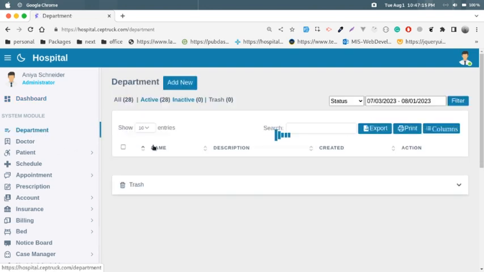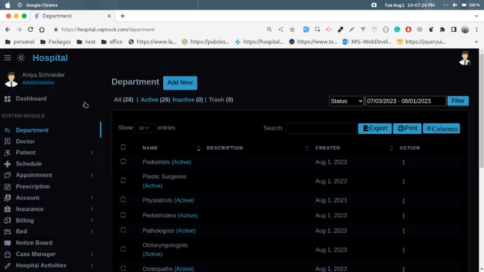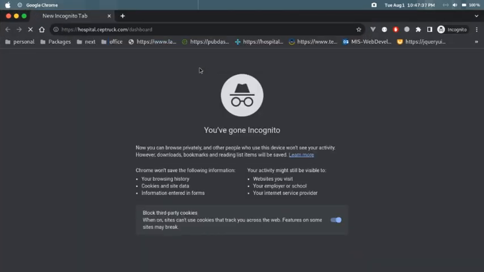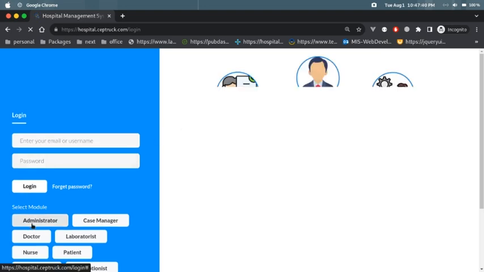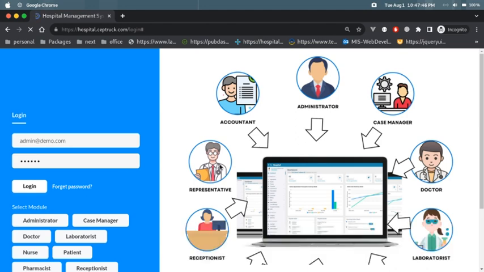This is the department section. We are seeing the department section from here, and one more thing, we have a dark mode for this system. Look at that, this is dark mode, and this is the dashboard section like that. I am logging in with incognito mode and visiting to get the CSS design. Many designs are not working in normal mode because caching is preventing the CSS from loading. So let's see the demo from our